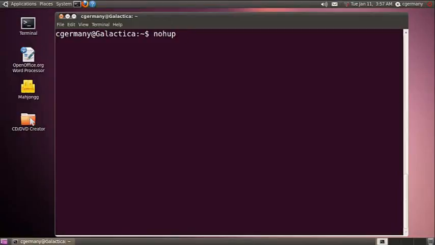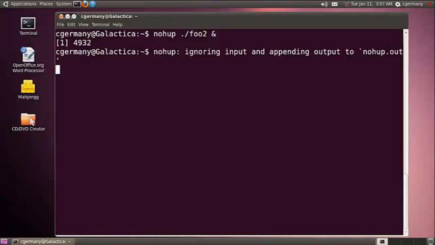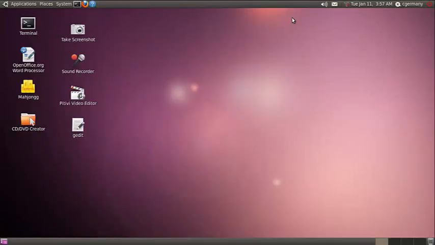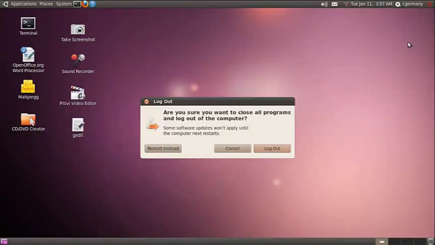So what I would do is I would prefix the command with nohup, and let's say I'm going to do foo2. Foo2, and I'll use the ampersand to launch it in the background. And remember that particular command, what it does is it simply pings Google. So I'm going to go ahead and exit, and I'm going to log out and